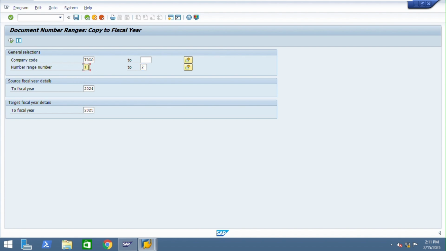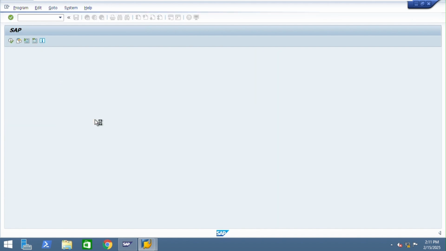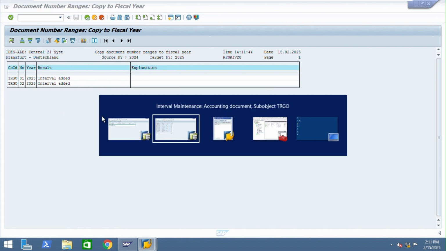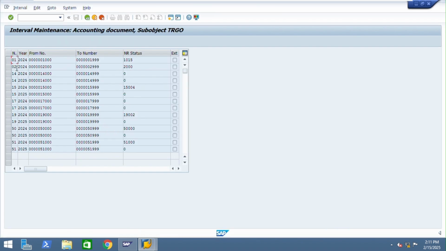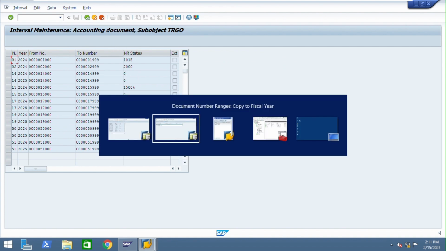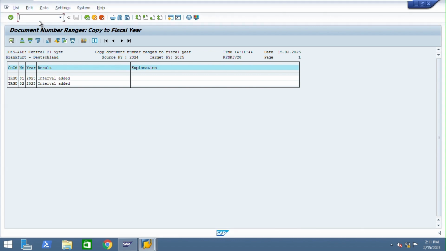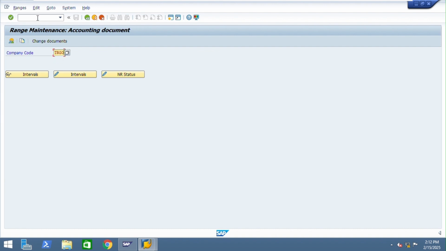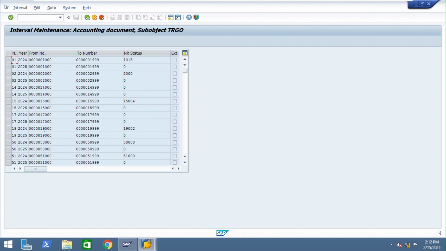I think it's 0, 1, 2, 0, 2. Then execute. Yes, interval has been added. We missed the initial 0, so because of that reason, that is not added. Slash N1, you can check here. Yeah, you are able to see. Now